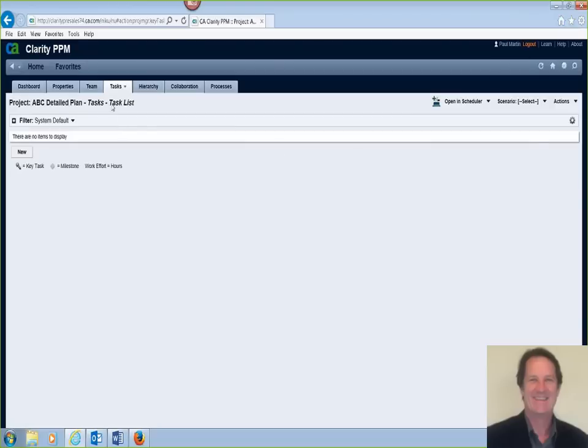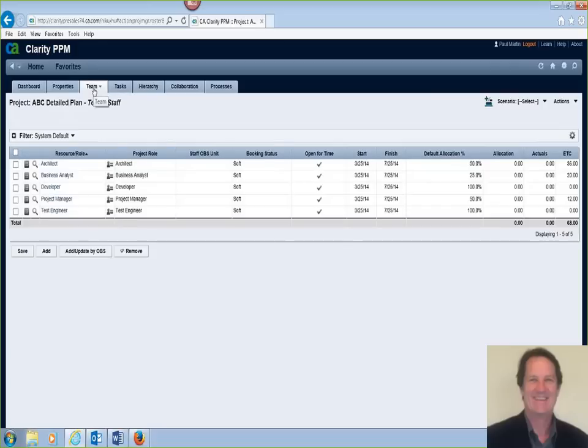So I'm going to close down the Clarity Scheduler and go back to the team page here. So we're still on this ABC project with a detailed plan. And as you recall, we had these roles on the project just as a result of creating it through a template, these standardized roles. But to actually get people onto the project, what you need to do is go ahead and replace that role, an architect, with a real person. So find someone who has this role and has the availability needed in this time to fill that role.